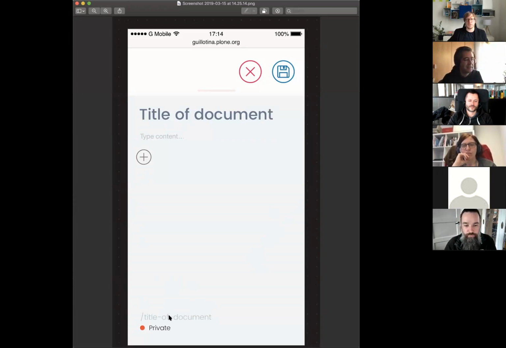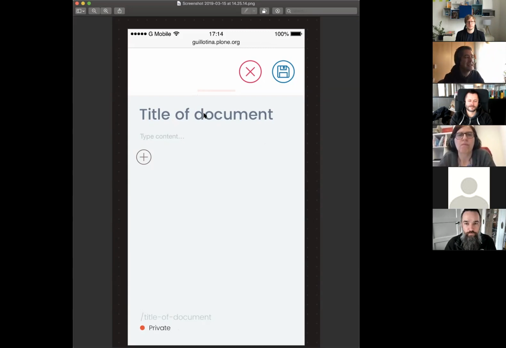Then in the bottom, you can change directly the ID of the document, because it seems sensible for an editor to want to customize the ID or the URL that the creation will create, how the object will be created, then also change the workflow directly without having to later go and publish things, right? And here in mobile is the Pastanaga toolbar complete that we still haven't implemented yet.